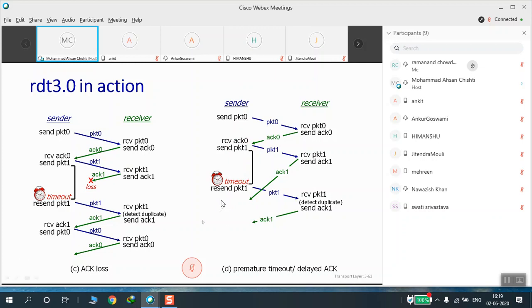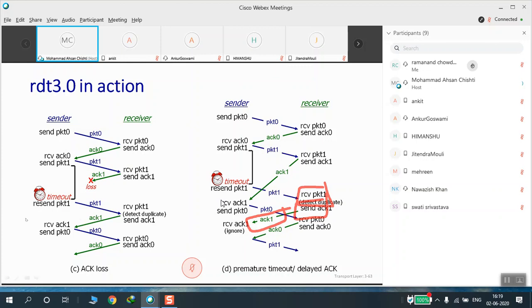In this case, we have a duplicate detected by the receiver. It sends the acknowledgement once again, that is here, and the acknowledgement was received here.